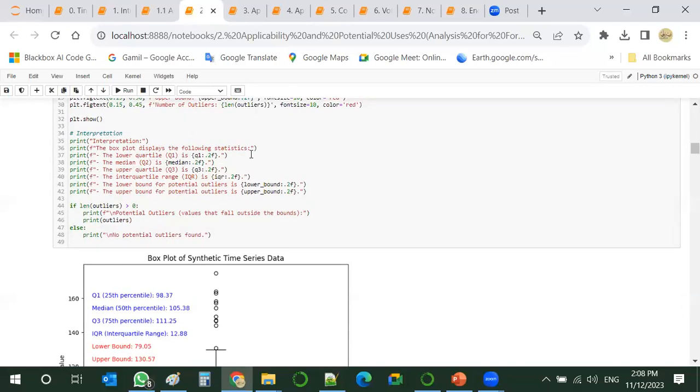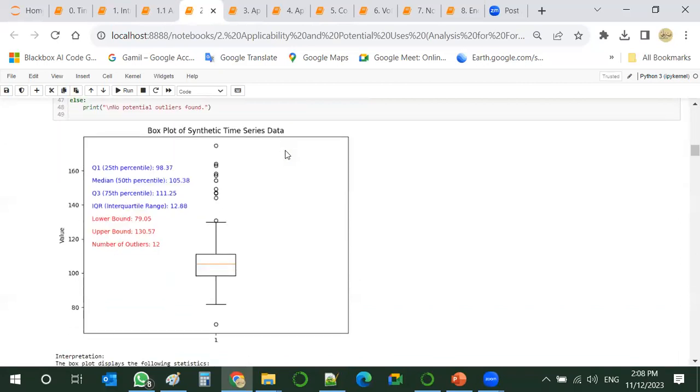So we plot this box plot, and we get some statistics. Now we know that the median, the 50th percentile, is 105, this line. The 25th percentile is 98, this one, and the 75th is 111.